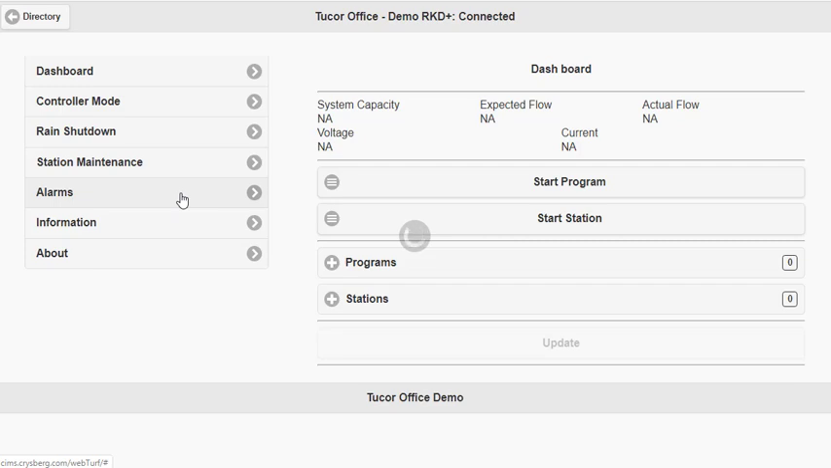After the controller connects to the web, you'll come to the dashboard screen. On this screen, you will see the system capacity if there's one set, the expected flow rate if you're using flow, and the actual flow if you have a flow meter at the current time. You will also see voltage if it's a two-wire system and the current milliamps. You can see also if there's any programs or stations running, and you have the option of starting programs or